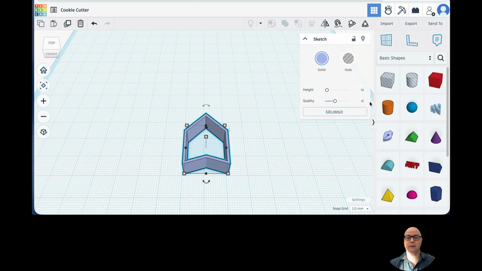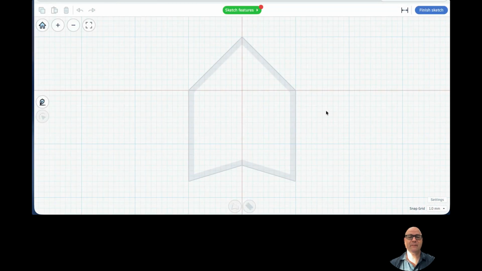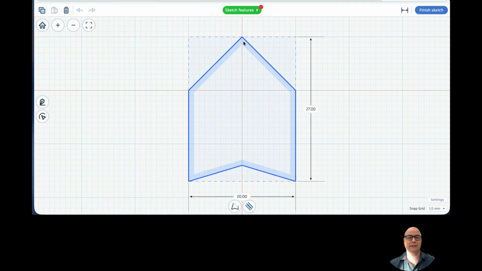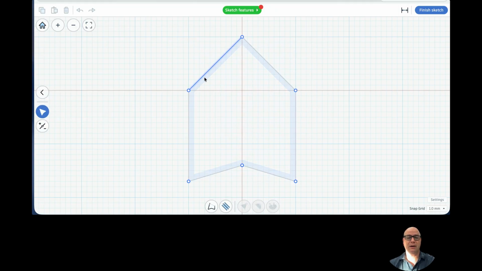But up here, I get my box. I can change the color. I'm going to edit the sketch. So now what I want to do is I want to switch. I want to select it, and I want to go over to the left, and I want to change this node tool. So now I see the nodes that I drew, and in this case, maybe what I really was after was a ghost. So what I'm going to do is I'm going to click the top one,